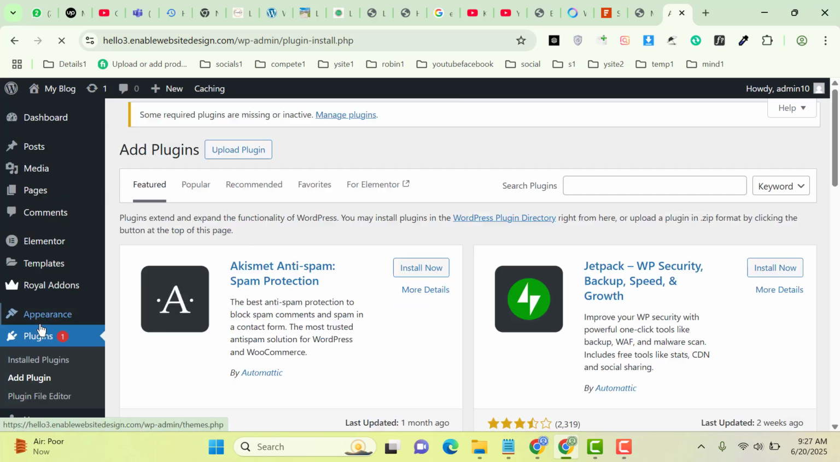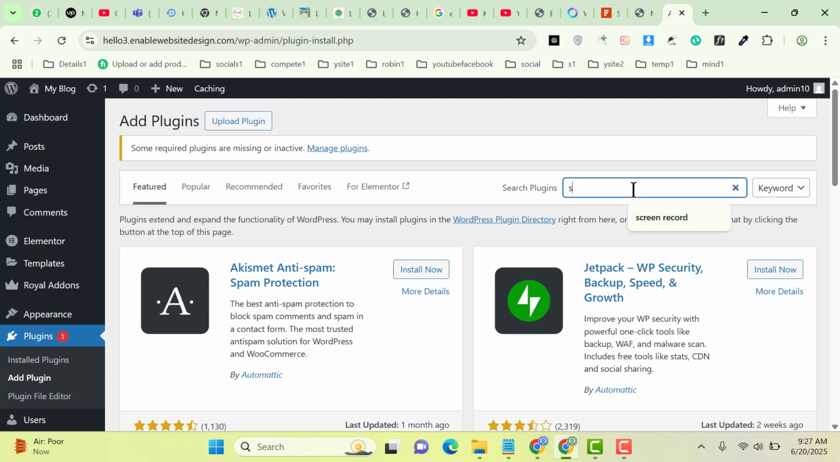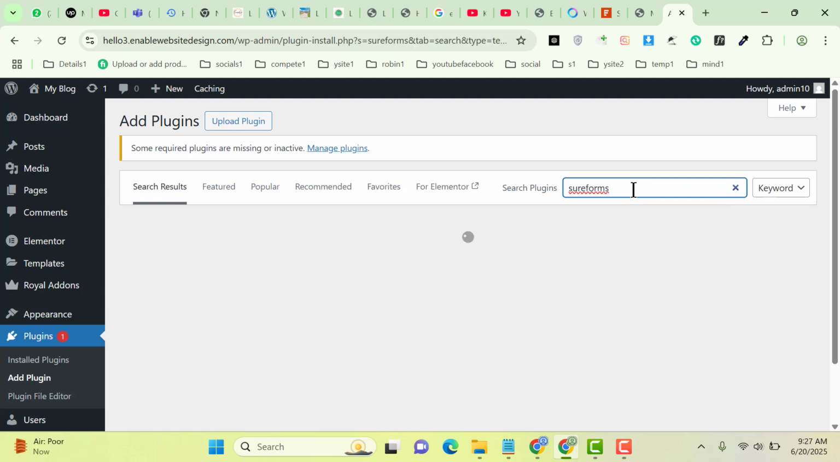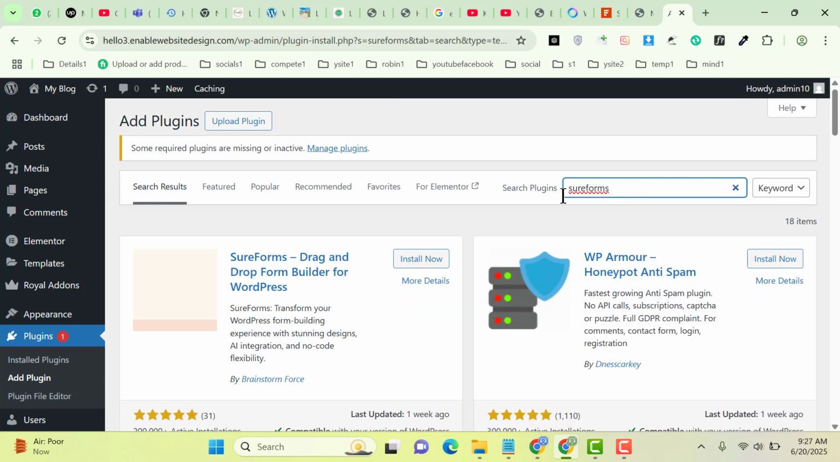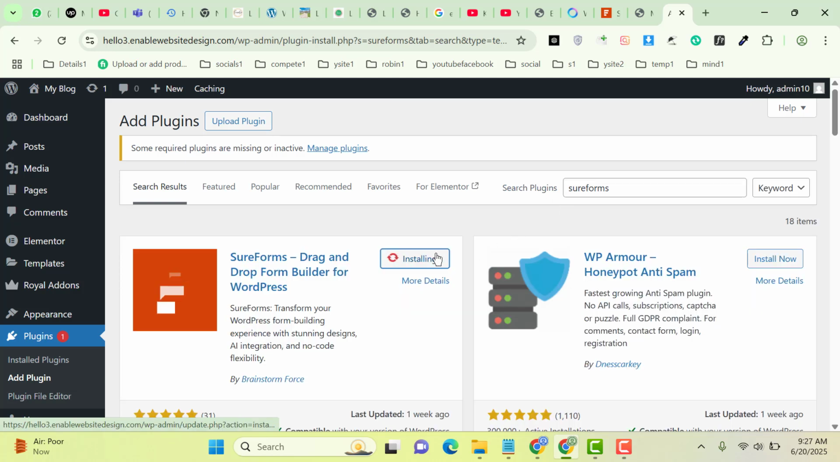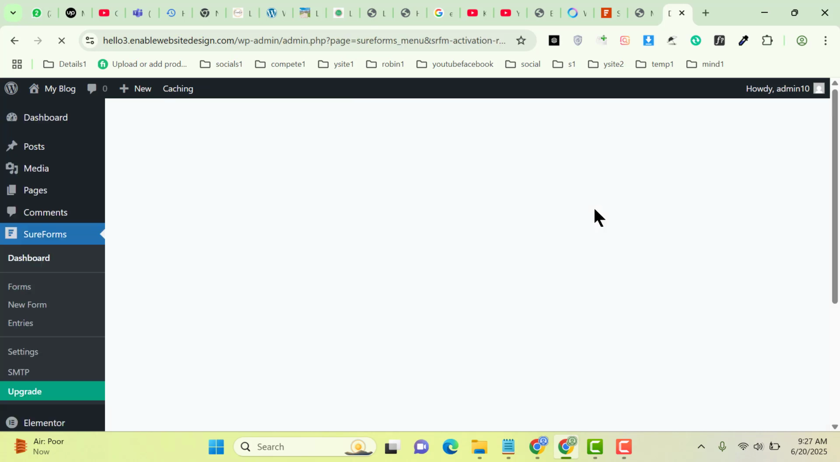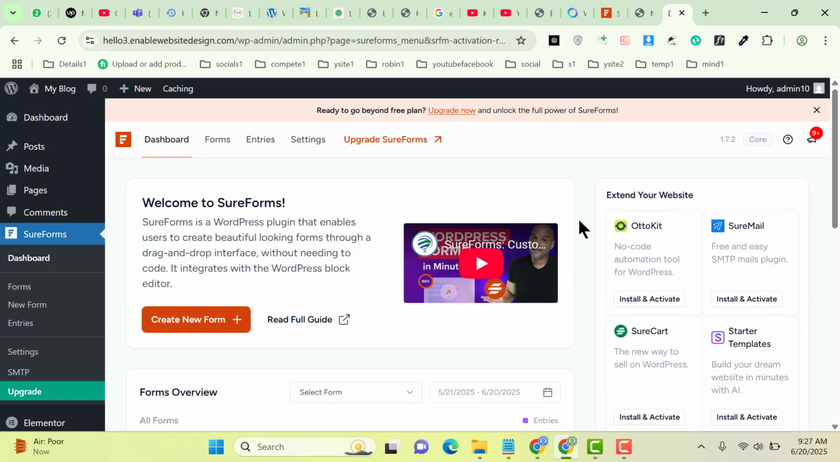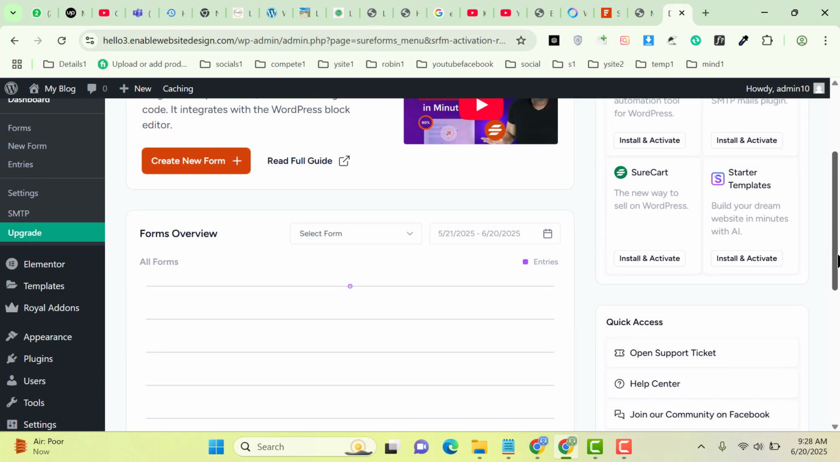Now let's go back and install a plugin from here, SureForms. This one, install it, and after that activate the plugin. So now if you want to create a new form, then you can simply go from here